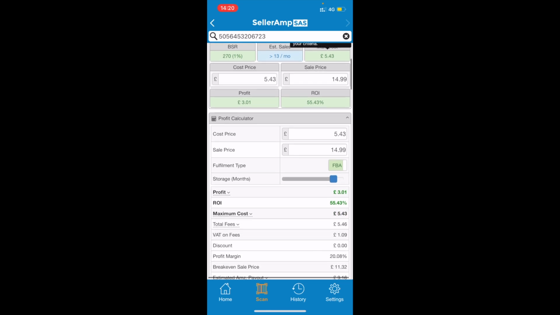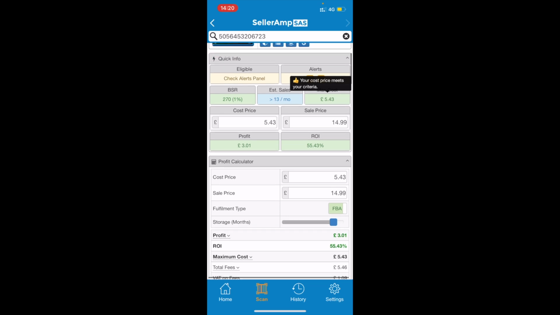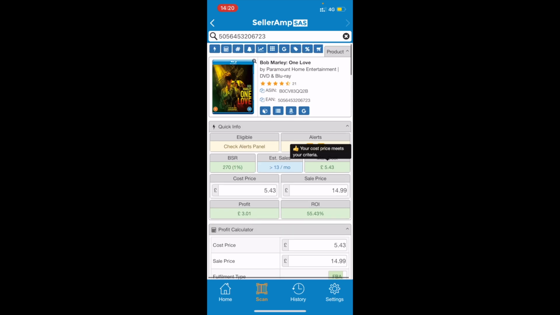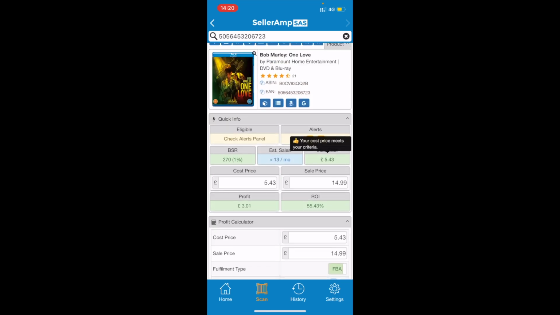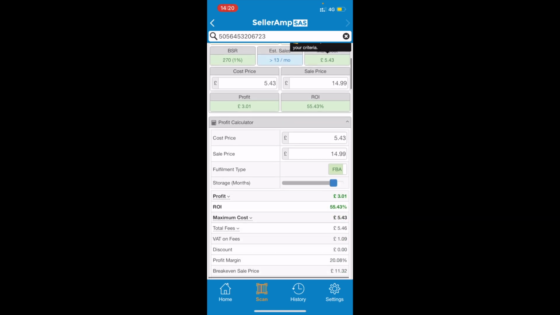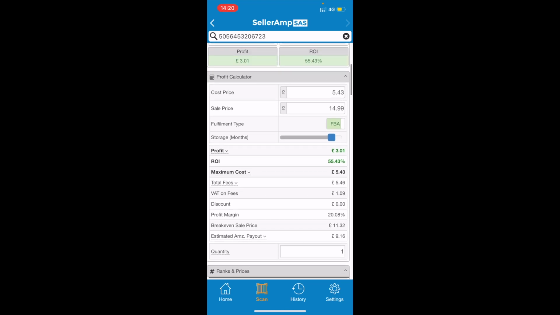We've got the profit calculator, so we can change the cost and sell price here as well. For me personally, I don't know why it needs to be in such close proximity of each other. It's all there on the first bit without even having to scroll anywhere. So I just feel like that's taking up a bit of space. But it's nice to have that quick info, so you can just go yes or no, more or less straight away if you saw the alerts and eligibility, for example. So yeah, you've got all of the numbers right here and the costs,